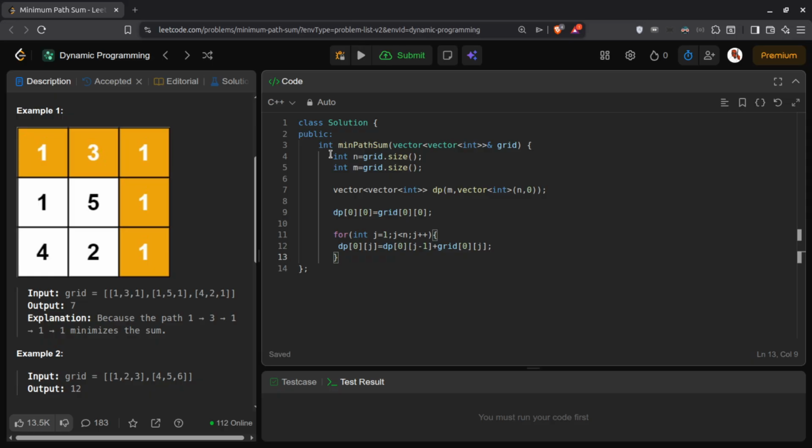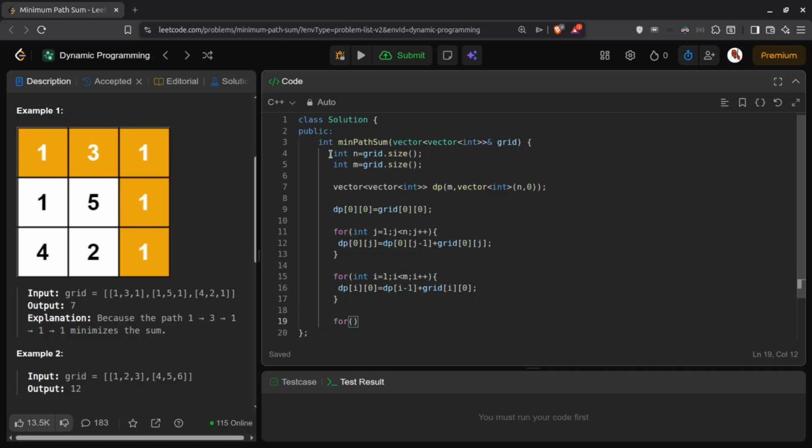Okay, then for int i is equal to 1, i is less than or equal to m, i plus plus, dp i 0 is equal to dp i minus 1 0 plus grid i 0. Okay,